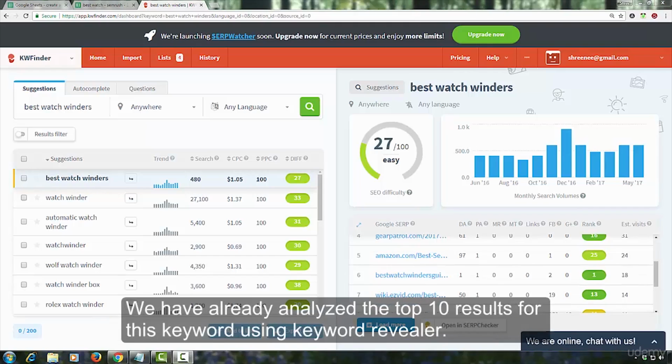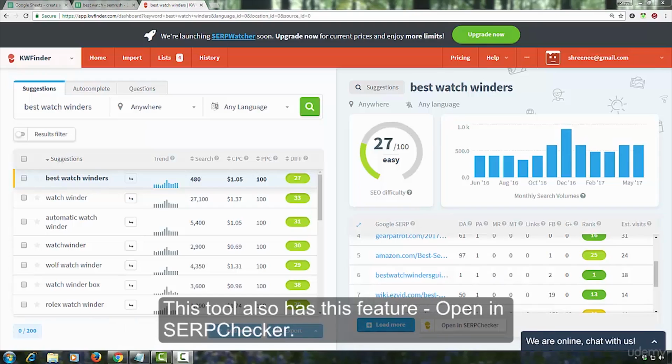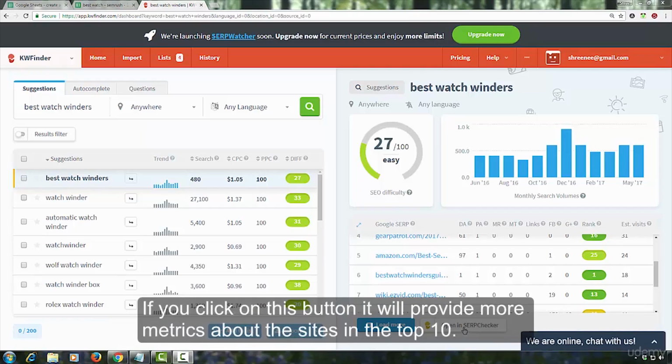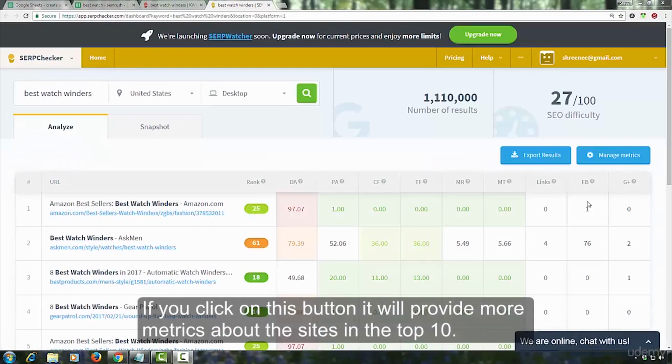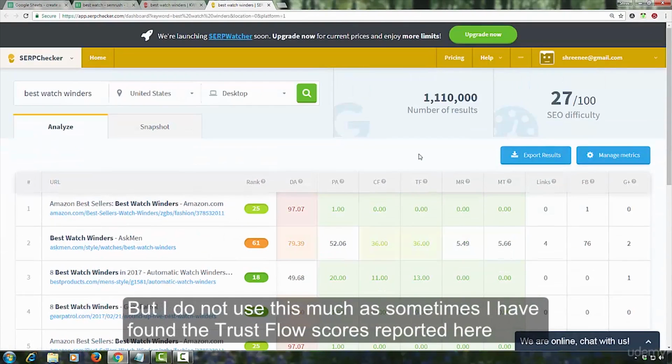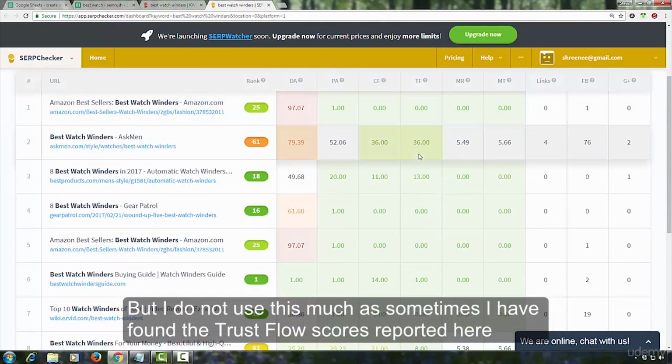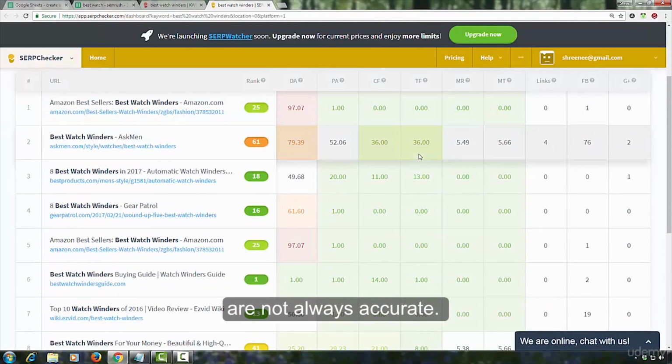We have already analyzed the top 10 results for this keyword using Keyword Revealer. This tool also has this feature, Open in SERP Checker. If you click on this button, it will provide more metrics about the sites in the top 10. But I do not use this much, as sometimes I have found that TrustFlow scores reported here are not always accurate. Now,